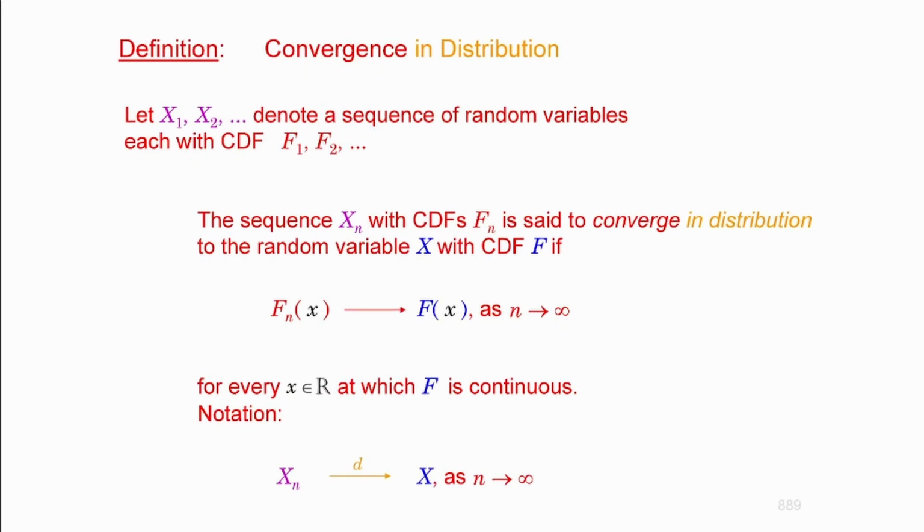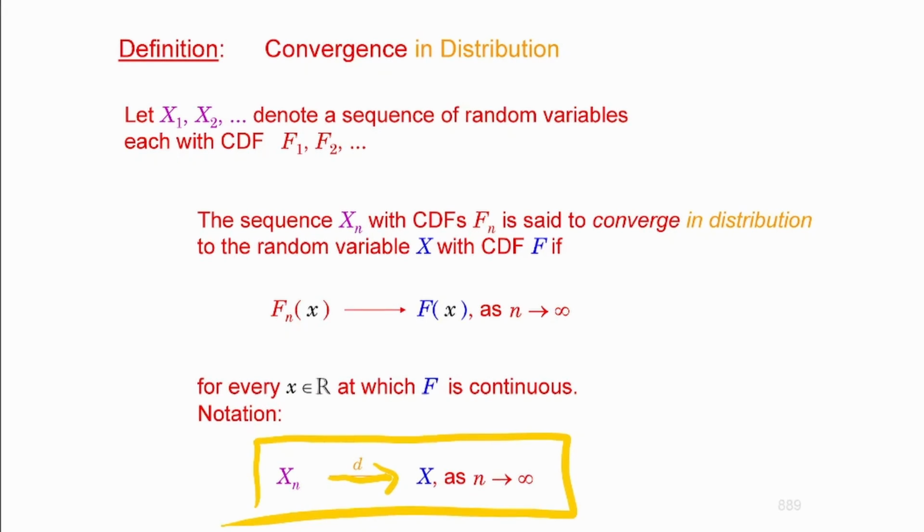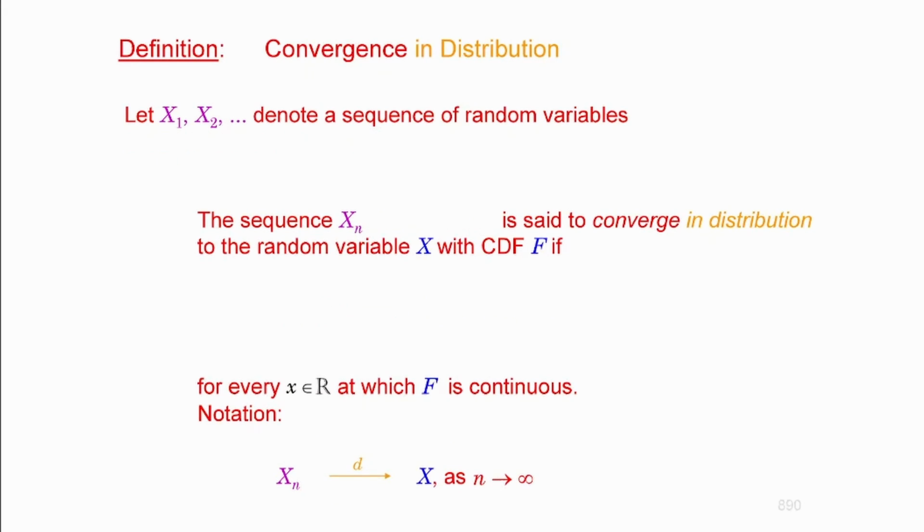So as the sequence progresses, the sequence converges to its limit in distribution. You put an arrow here, and on top you write D, which means convergence in distribution. Sometimes I also see it below the arrow, but I'm going to write it above. I usually prefer this notation. It's easy to deal with, but sometimes I use the other. Again, that's not a practical concept in that case, but it will play a huge role.